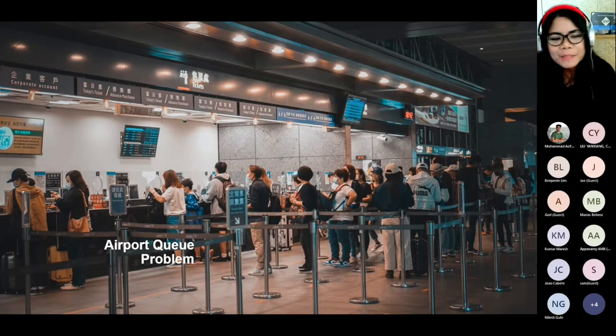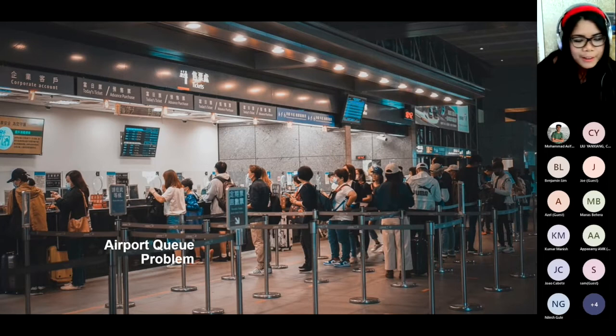I want to show you this one, because I'm sure that when the restrictions are over, there will be lots of airport queues. That will also cause problems, because even though we have self-service kiosks, there's definitely a queue, like a physical line. My point here is that sometimes we don't want to stay in the queue. We want to be able to do something else, like relax in a spa somewhere in the airport, or go to Starbucks and grab a cup of coffee that we like, instead of standing there and being afraid to lose our place in line. Somebody else might grab it.